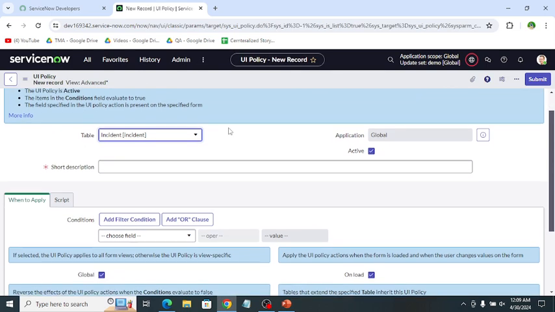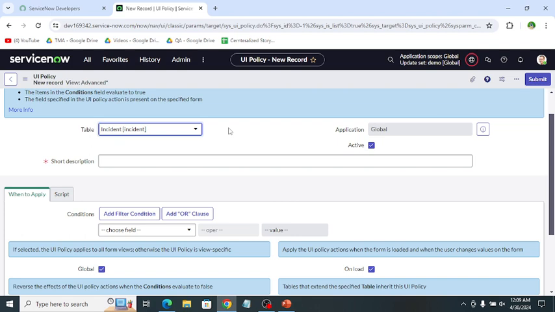The UI policy form contains these fields. Table: the table for the form to be modified. I am creating this UI policy for the incident table, so the table is incident. Then active: the active status of the UI policy; only the active UI policies are applied.